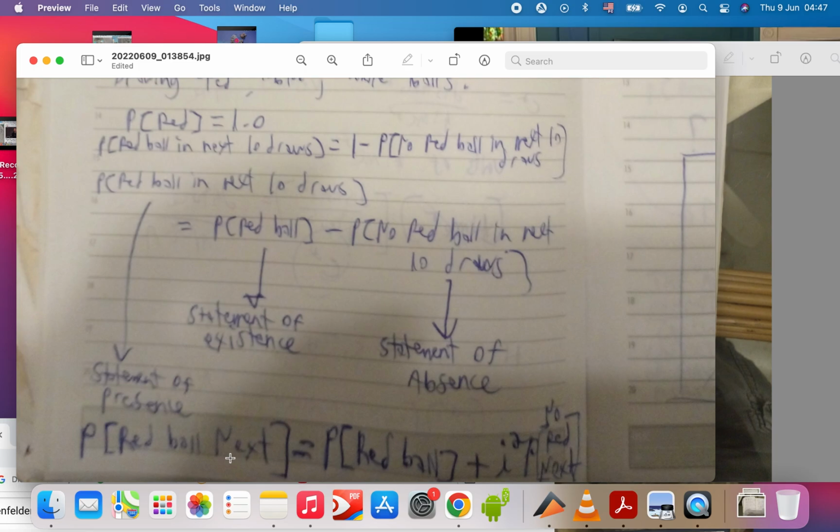And the probability that a red ball comes in the next 10 draws, or whenever you're calculating that probability, is going to be the probability that there's a red ball in the universe plus i squared times, it's not coming next. And then I go into a whole rant about probabilities, and it goes on and on